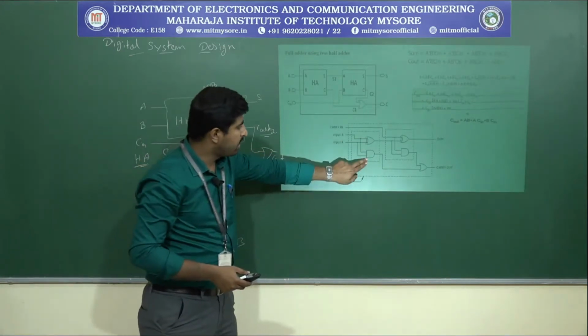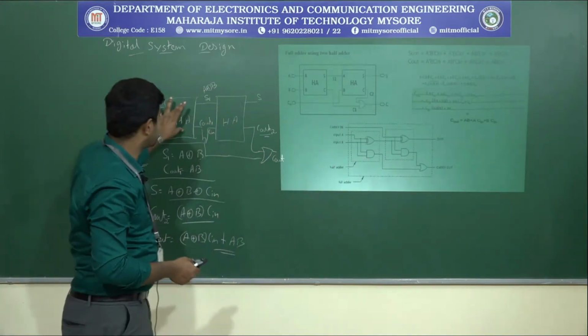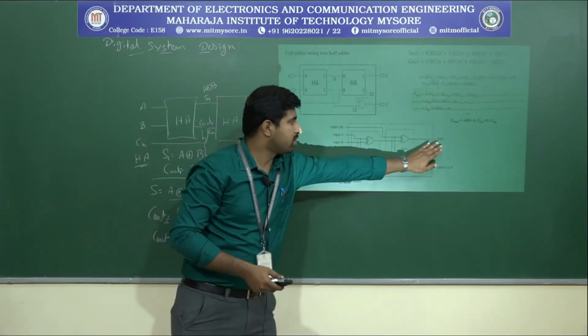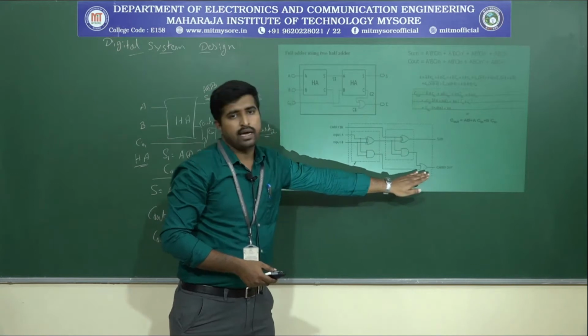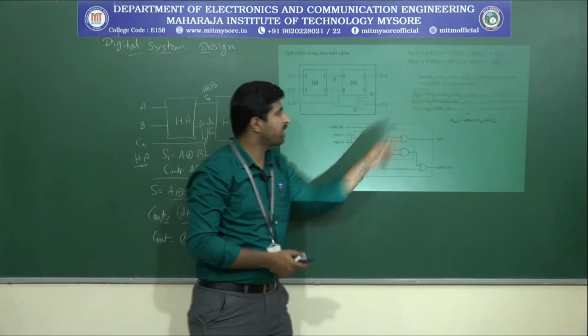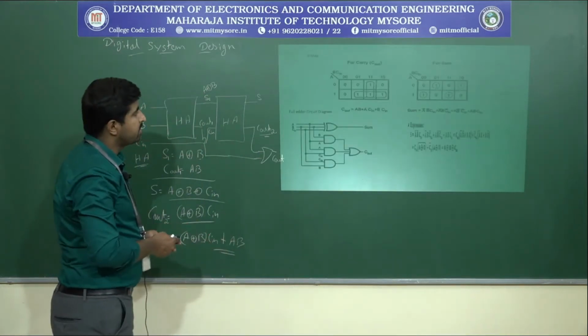Okay, an XOR gate and an AND gate, that is what the half adder is, and that is connected to the next half adder. So that we are going to get a sum and the carry. So I will go to derive this one. Here is the derivation actually. Okay, I will go to rewrite here.